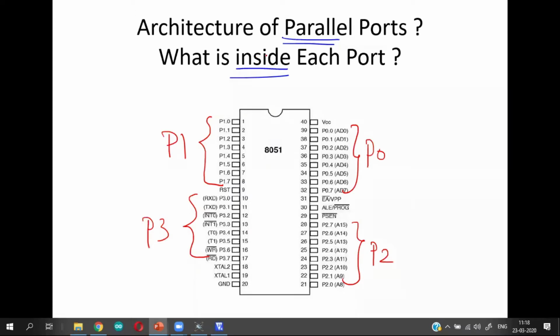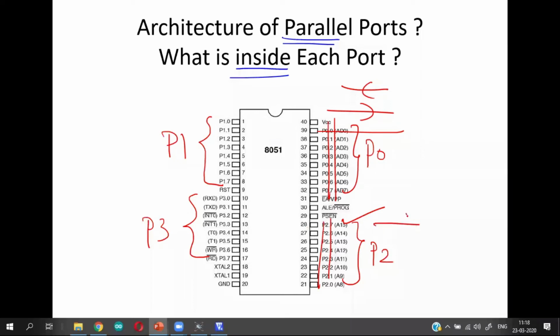So far you have been using this particular parallel port for writing values and reading values, either by a particular pin or using an entire port. You have used these parallel ports for various applications and connecting various peripherals, and you have supplied the data to the peripheral device through the parallel port, either by using individual pins or by using one full port.